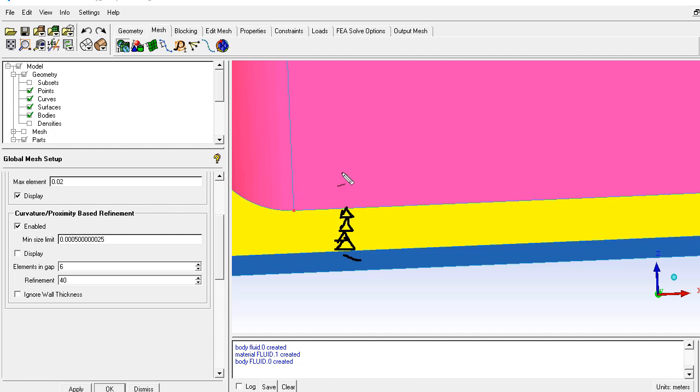This is only applicable inside the gap, when we have two surfaces and a gap between them; the size will be reduced to this size. This is the minimum size limit, meaning that if the number of elements is 6, then the size will not be reduced further. In this case the minimum size it will go to might be 0.305. It's not necessary that we always get this size, but when we have this condition, after meeting the 6 nodes the size will stop anywhere between the maximum size and the minimum size.